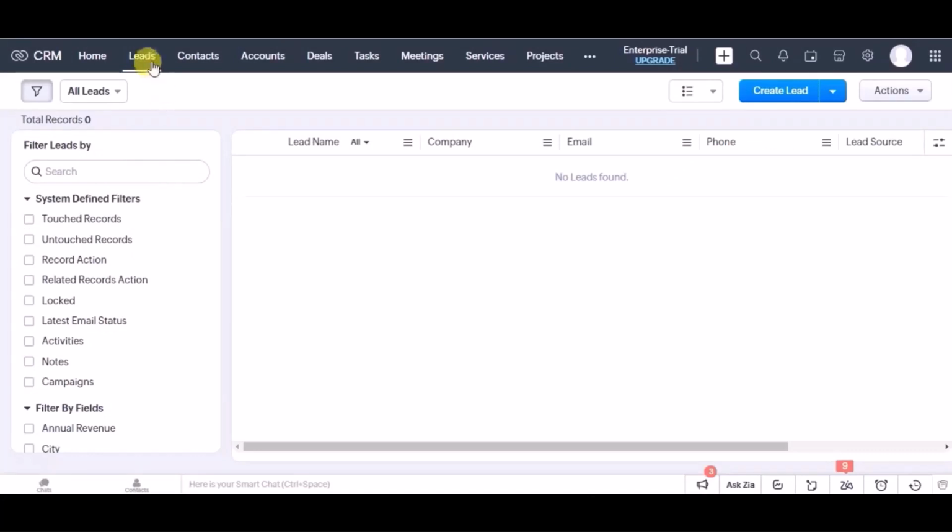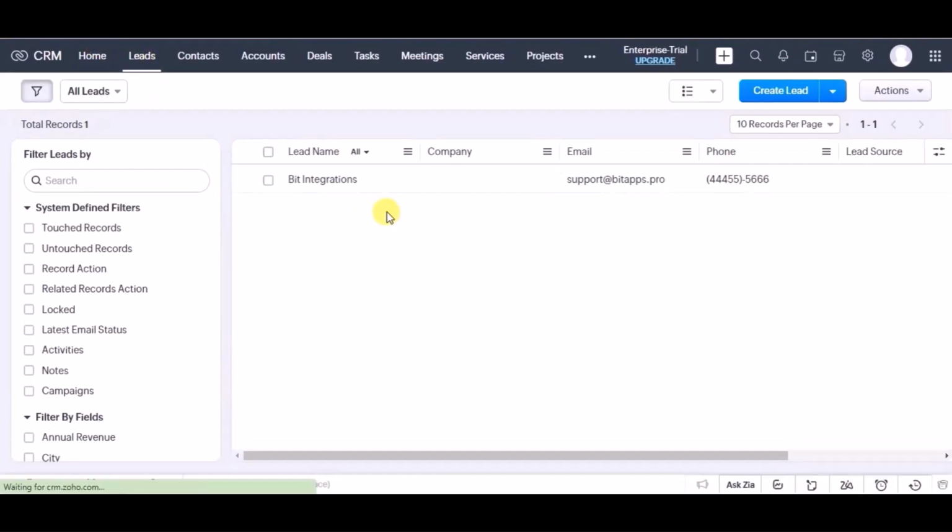Let's go to Zoho CRM. On Lead module, reload this page. You can see data is created in Lead module. This way you can